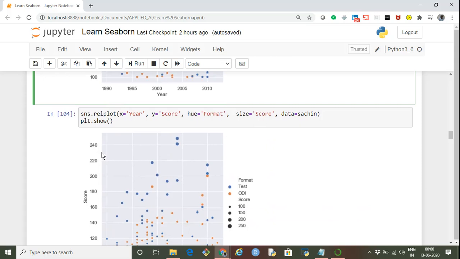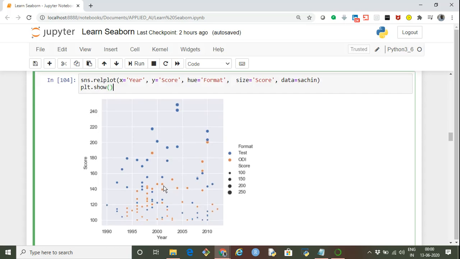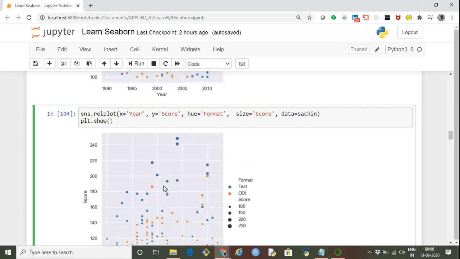Another dimension that we can add in the same plot is size. If he scored a bigger century, I want the dot to appear in a bigger size compared to a century in which he scored just closer to 100 or 110. So the size of the dot should be governed by the actual score he made.